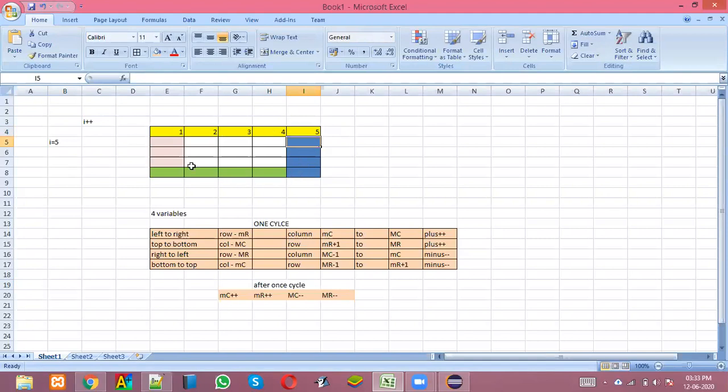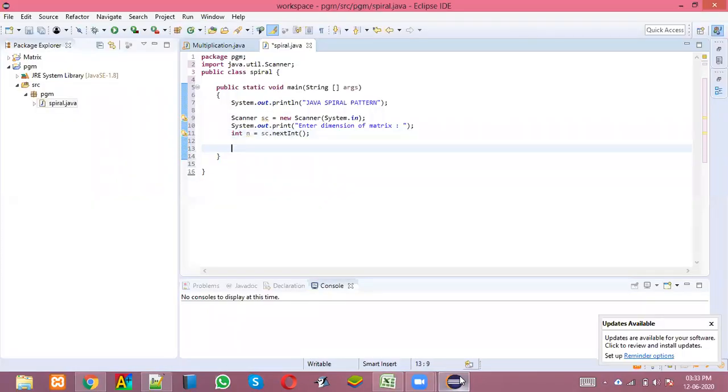Now, when should I stop this? I should stop this when I reach 25. That is, when I becomes 25, I should stop it. So I should run the loop from I equal to 1 till I equal to 25. This is 25, that is nothing but 5 squared, that is n into n. Whatever the input n they give, I should start from, sorry, not 0, from 1 till n into n. This is the logic. So first I'll create a value variable I. This is the printing variable. And then I'll put it into a while loop for I less than or equal to n into n.